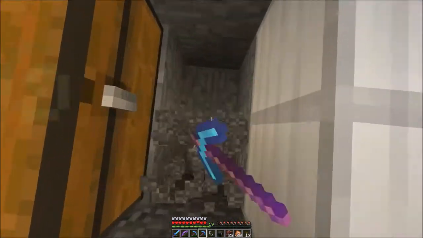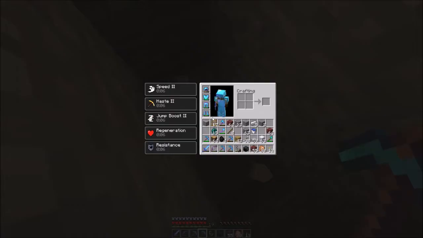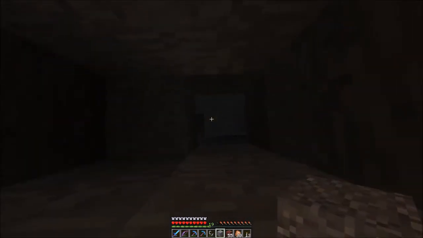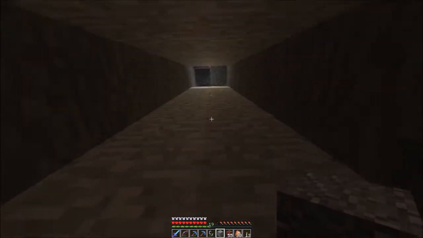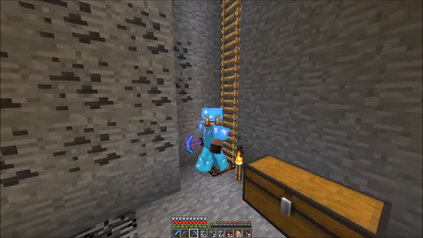I actually like to do the two mining, or two hole setup, so I don't fall down into a big cave or something like that. I'm going to dig down to bedrock, and I'll be right back after I dig down and open up a room like I did up there. So I made it down here to the bottom and figured out the room, and I found out